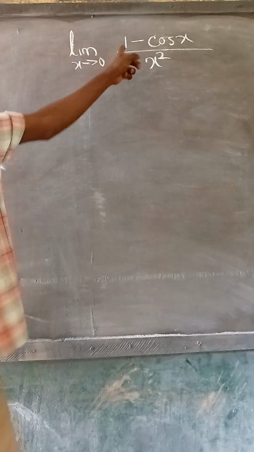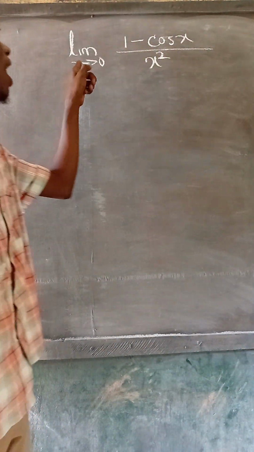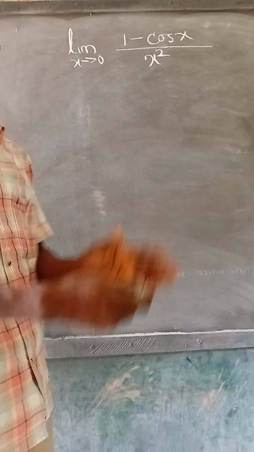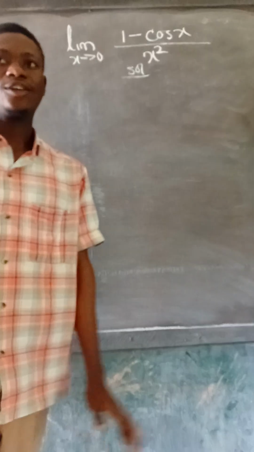Now look at this question. It says the limit of 1 minus cos x over x squared as x tends to 0, as x approaches 0. So now the first thing is to solve this first. Let us first